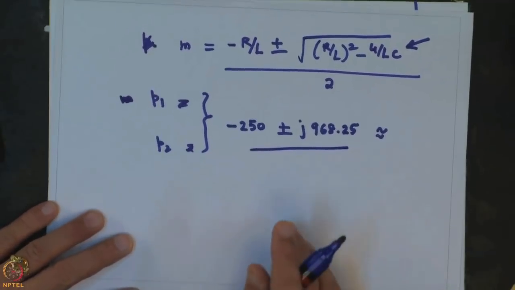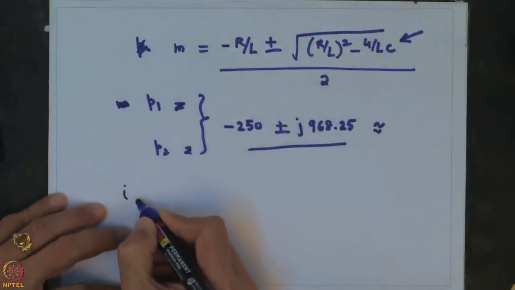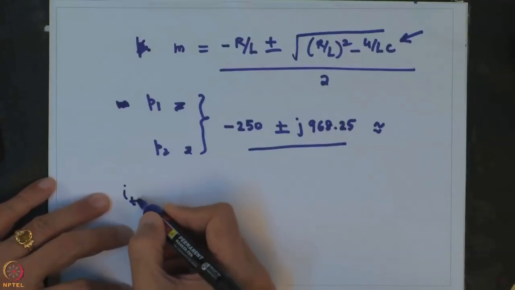Now, one of the things that we can immediately correlate here is that because we have imaginary roots, and from Euler's formula we have seen how something having an imaginary component is related to sine and cos, it should already give you an idea that this is going to be an oscillatory response. So, it will be an oscillatory natural response that you are going to get. The general form of the natural solution for imaginary roots depicting oscillatory behavior can be given by I n, or t for transient and natural, I of t